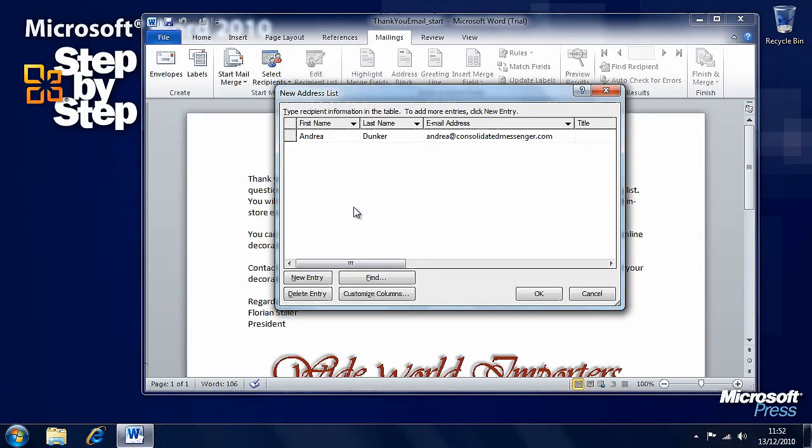You can see that we haven't had to do unnecessary tabbing between columns to insert any information, to skip any fields that we're not entering information for. So we'll press new entry. Now we want to type Judy. Oh, let's go back one. You can do a shift tab to go back a field. Judy Lou, and we'll